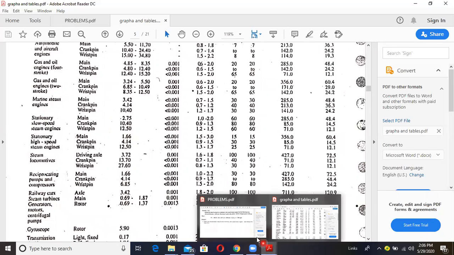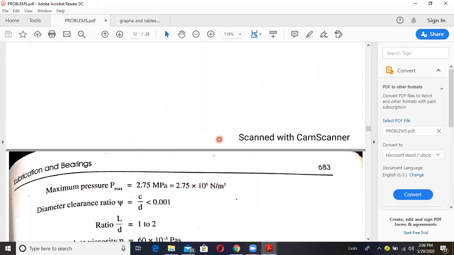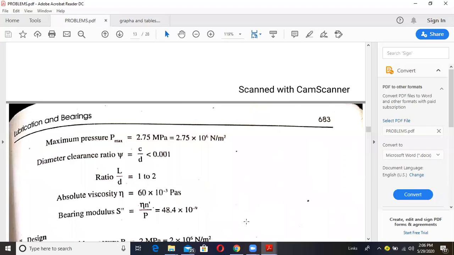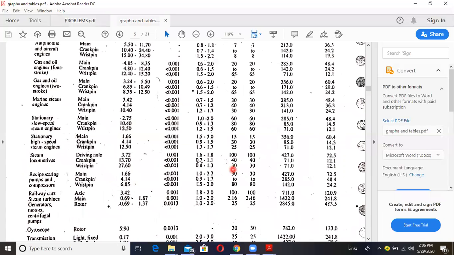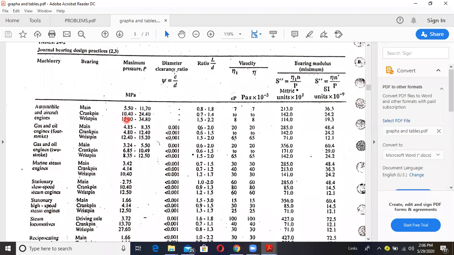See here they have taken. So you can see here, maximum pressure P max for stationary slow speed steam engines is 2.75. Next, the fourth column is the diametrical clearance ratio. Directly we can take Xi is equal to C by D is equal to